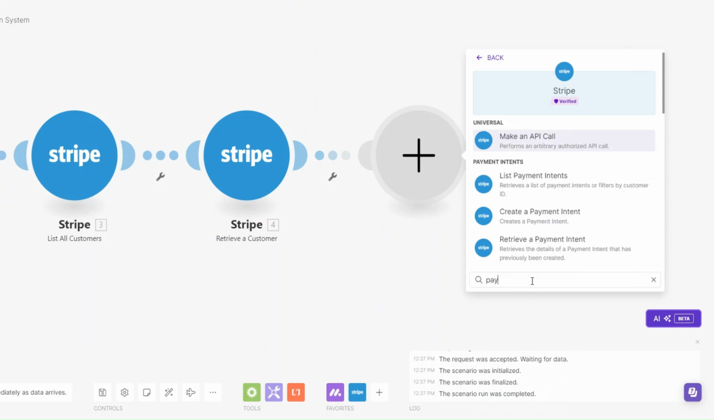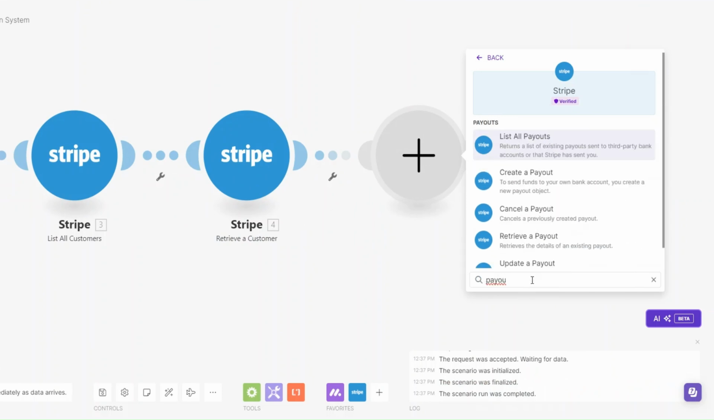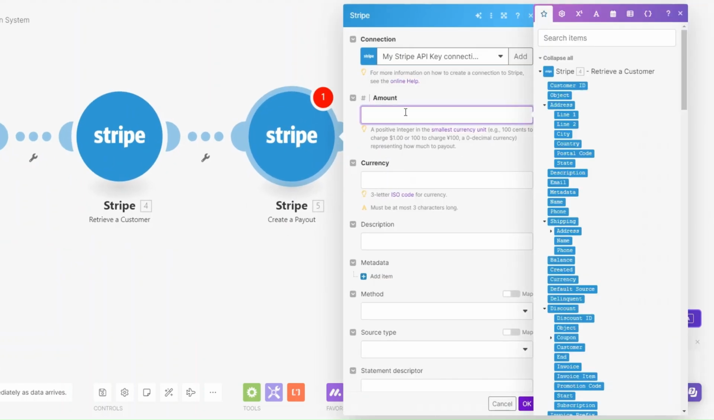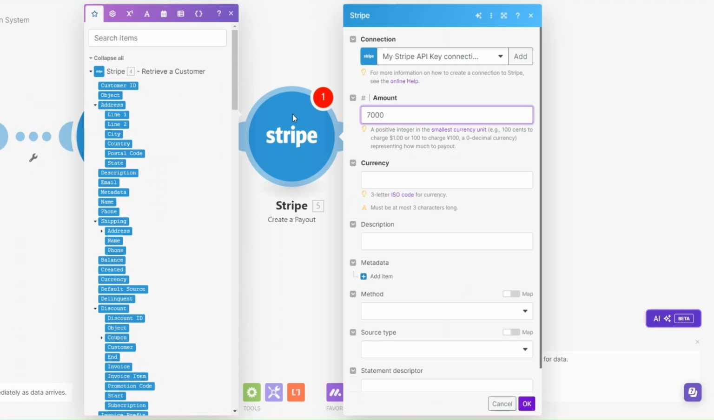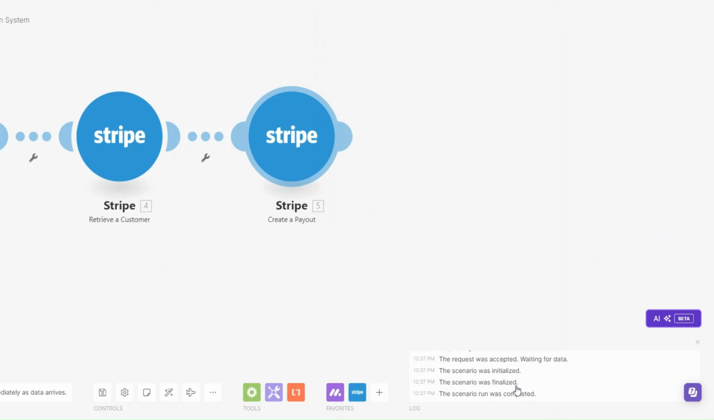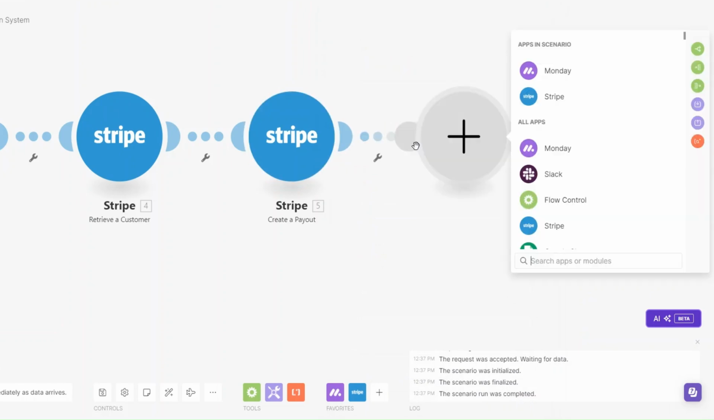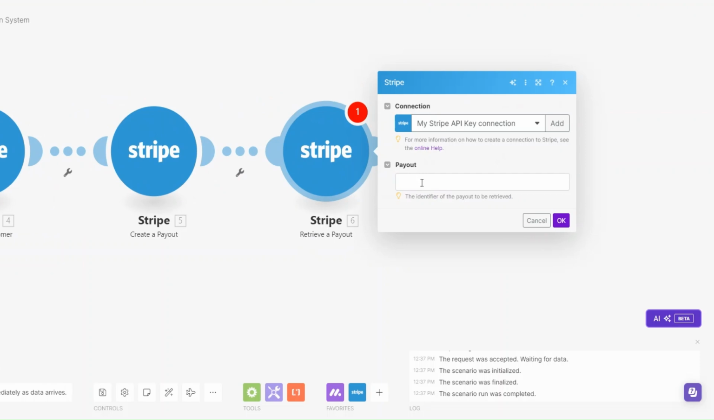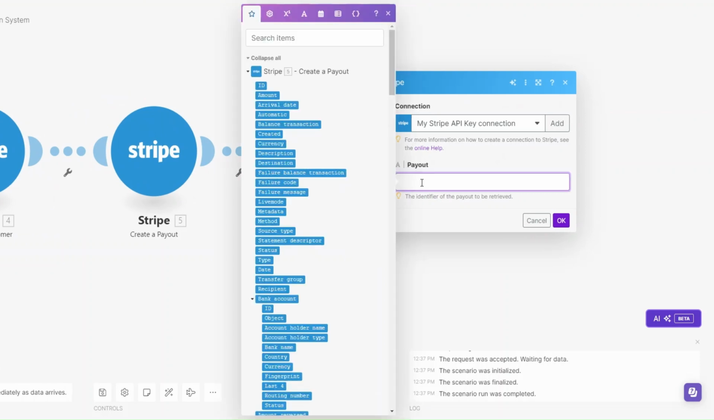Click on create a payout, and here you can add an amount. For example, $70. Description, here you can add a description right here. I'll choose to leave all these other details as is and then click on OK. With our payout, we can retrieve our payout. Now for the payout, here we're going to select amount